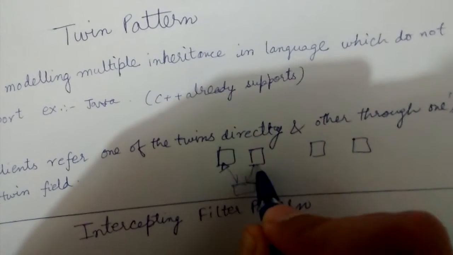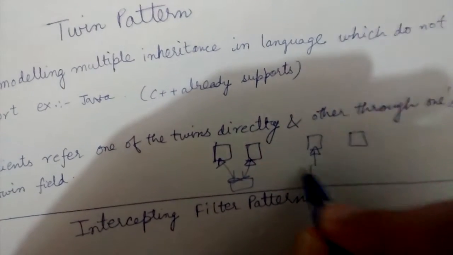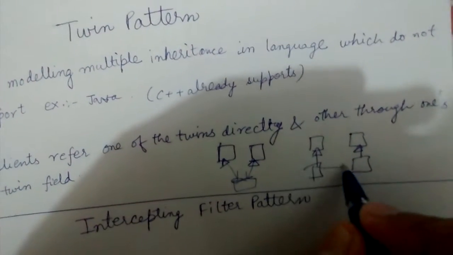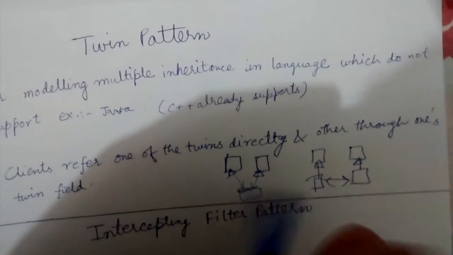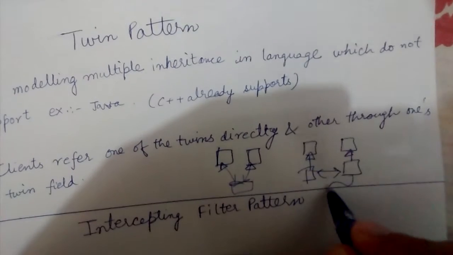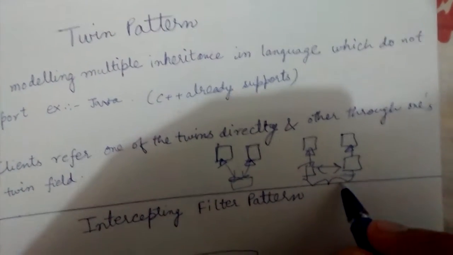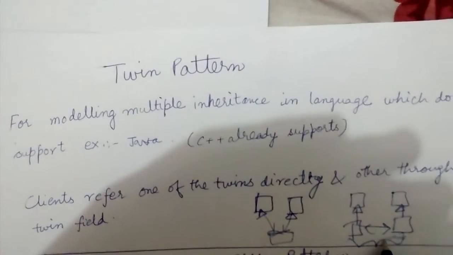Sorry for the representation, this will be like this. So we will be having one child here, one child here, like this, and they will be talking to each other as twins. So they will be associated to each other in terms of object-oriented programming terminology. For association, if you don't know what association is, please look at my previous association video.